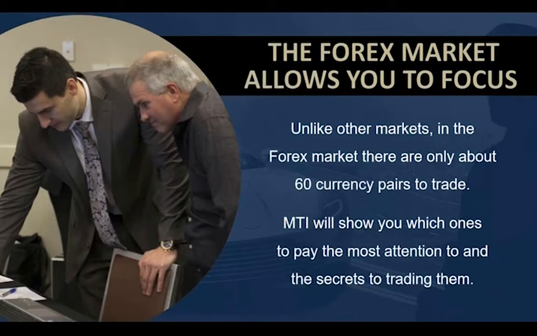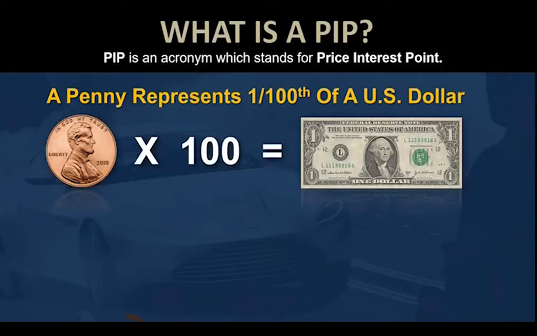One thing before we jump in here, the thing about the Forex market is that it allows you to focus, unlike the stock market. In the stock market, there's over 40,000 different stocks that you can watch and trade. Here in the Forex market, there's only about 60 currency pairs to trade. The neat thing about this is that we narrow it down for you. In fact, I only look at about 18 different currency pairs each day that I'm trading. And with the trading strategy I'm going to show you here today, the London daybreak trading strategy, I'm going to narrow it down and show you 6 currency pairs to watch and trade today to help get you started very easily and focused.